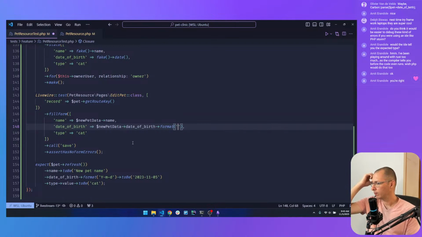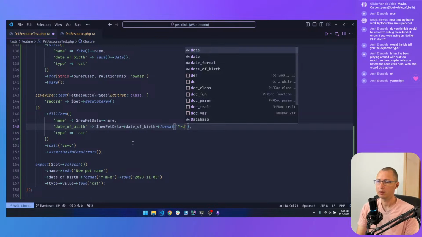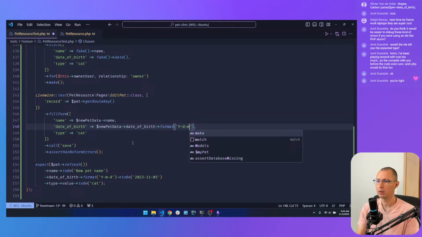Oh, and well, this doesn't apply here. I was going to mention that we have a global date in our configuration, but in this case, we should just use a default or a more generic format. Month and day.